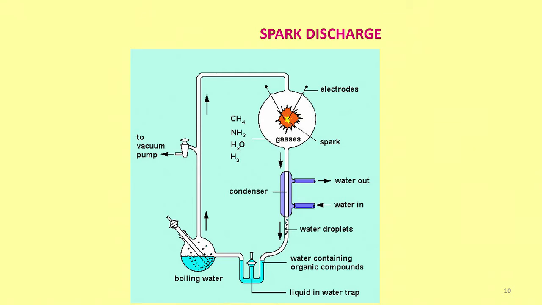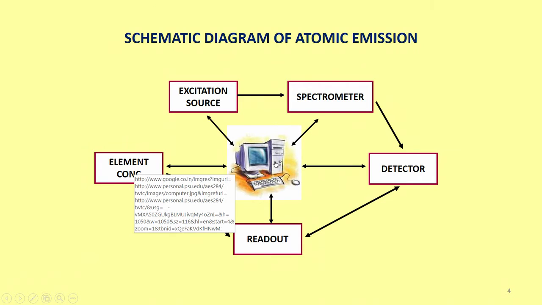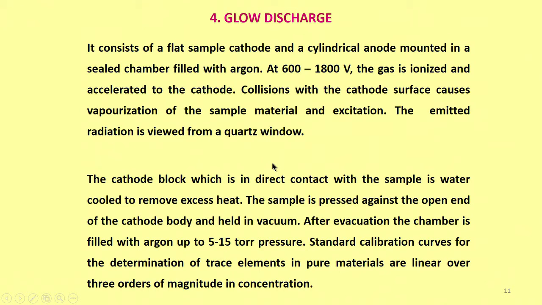These things will absorb the radiation and then emit the radiation after excitation, and I have a prism and a detector and other things, just like what I had shown you in the arrangement of ICP. So, this is what I had shown you now. This is how the excitation source is there, and then the spectrometer, that is electromagnetic radiation, the detector is there, the readout is there, element concentration. All these things will be done automatically. Okay. So, another way of generating high temperature, how do you do that? That is glow discharge.